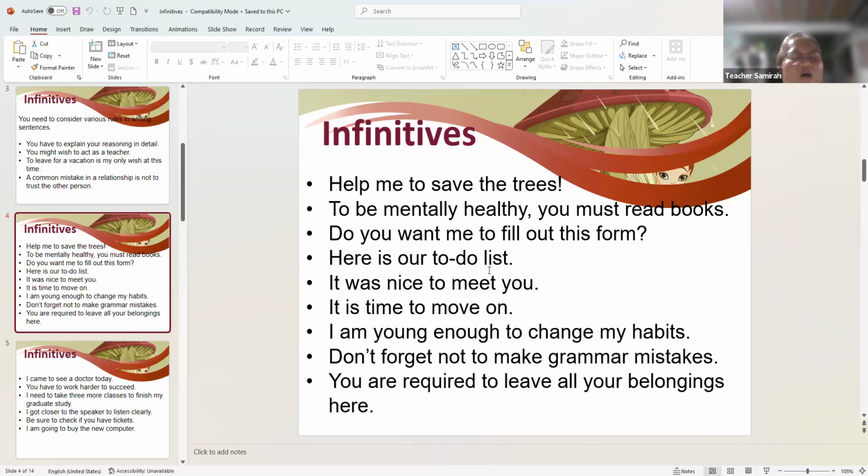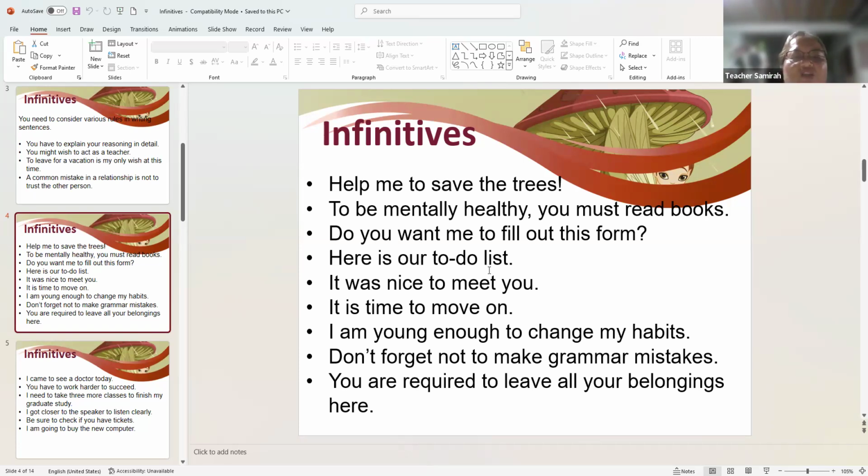I can see that maybe the one who is talking is very excited or very afraid that the trees may be gone because of illegal logging. So that is why he is very, I do not know if the word is afraid, right? But if you look at it, it is being exaggerated.